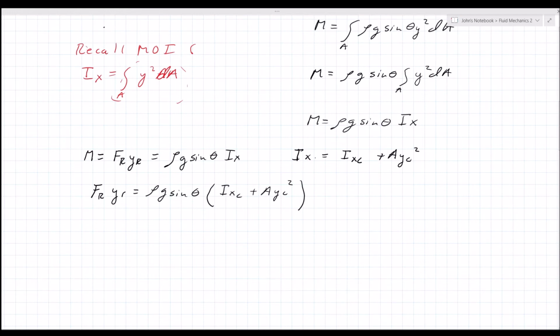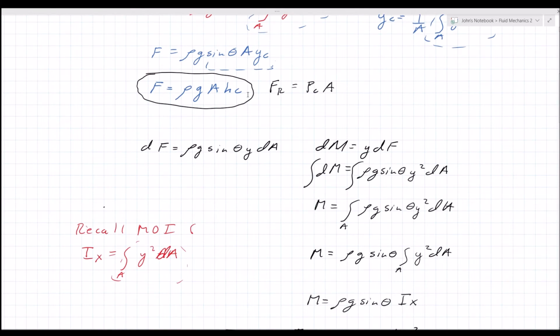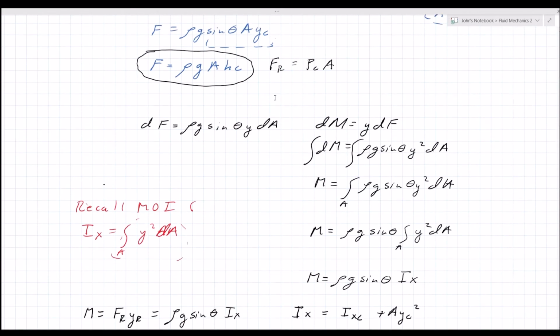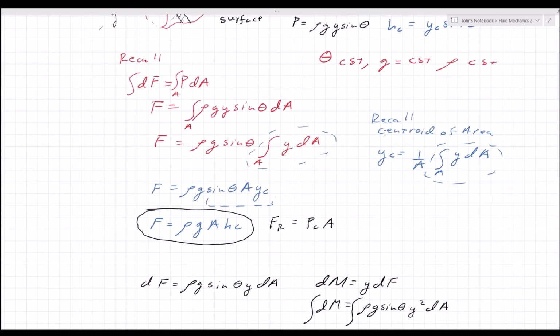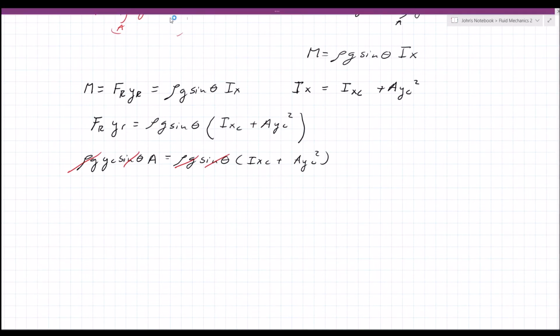Now again, recall the hydrostatic force is rho g A h c, and h c is y c sine theta. So I get rho g y c sine theta times the area is equal to rho g sine theta times I x c plus A y c squared. Well, stuff's going to cancel out now. Rho g cancels out, rho g cancels out. Sine theta cancels out, sine theta cancels out. So I get,